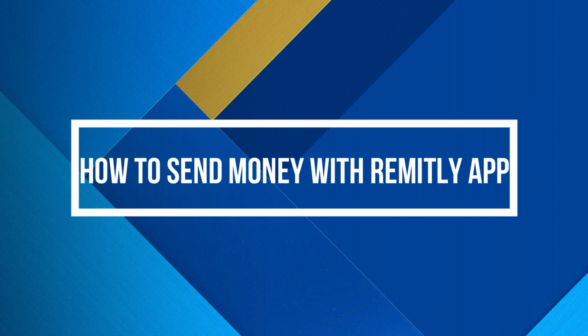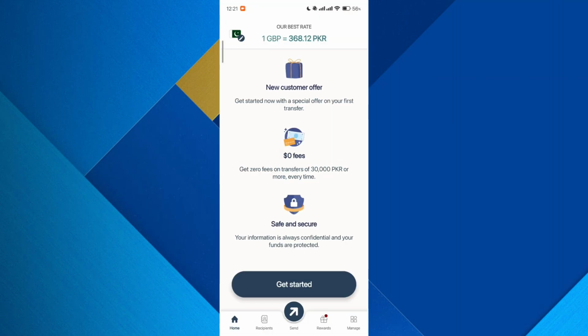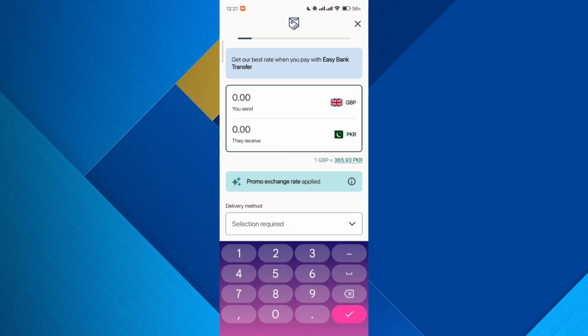So let's get started. Open the Remitly app and you'll be welcomed by its clean, easy to use interface. At the bottom of the screen, tap on the send option located in the middle of the navigation bar. Once you're on the next page, enter the amount you wish to send and ensure you've selected the correct destination